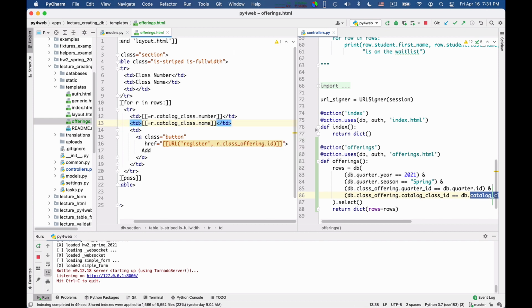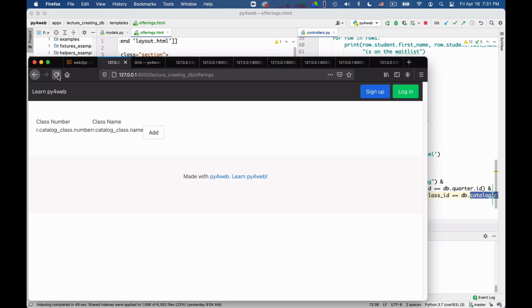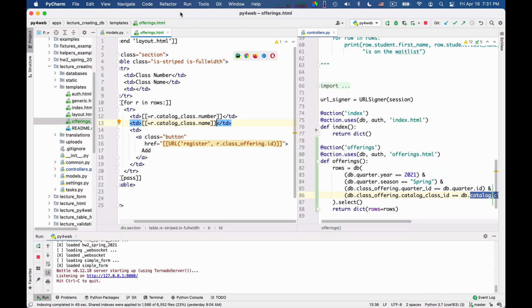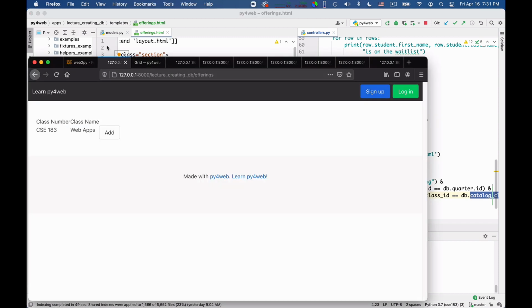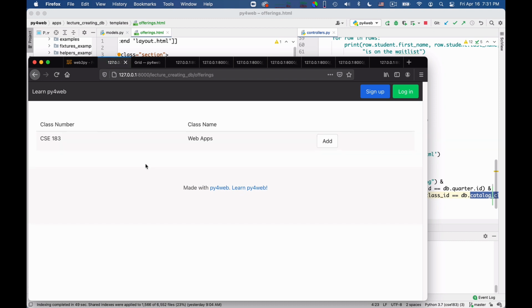If I fix this, I don't need to reload actually, and I get something that looks a little bit better, but still this doesn't look very nice, and it's probably because I forgot some styling that Bulma is peculiar about. And so if I do this, yes, now it looks, well, not perfect, but it looks like a table. And now I need to be able to write some code.